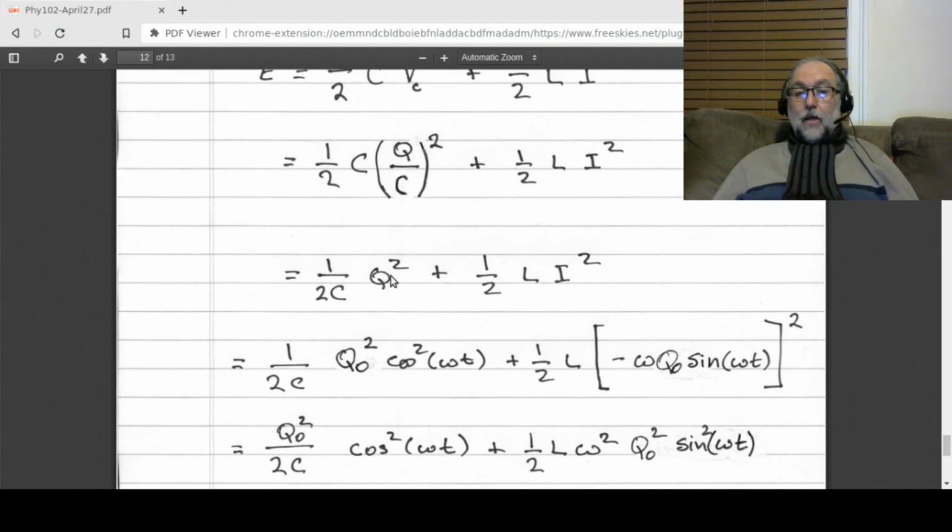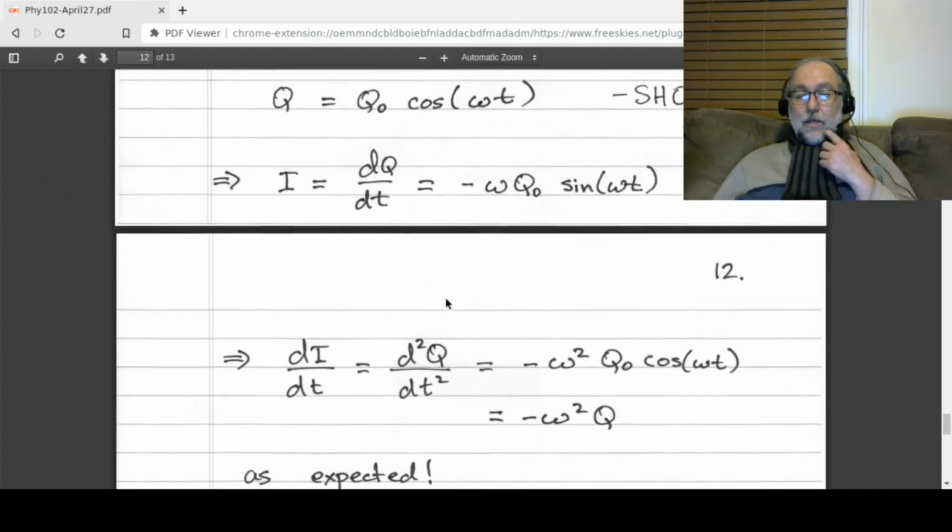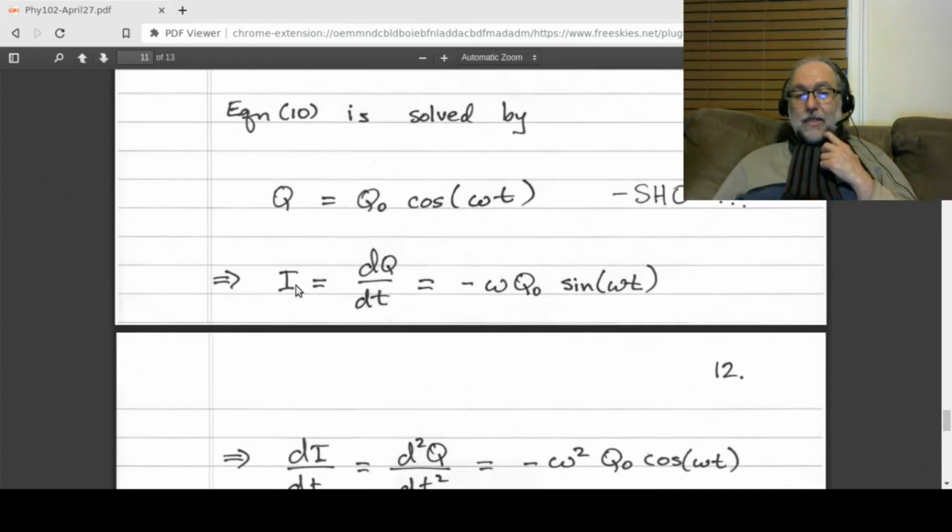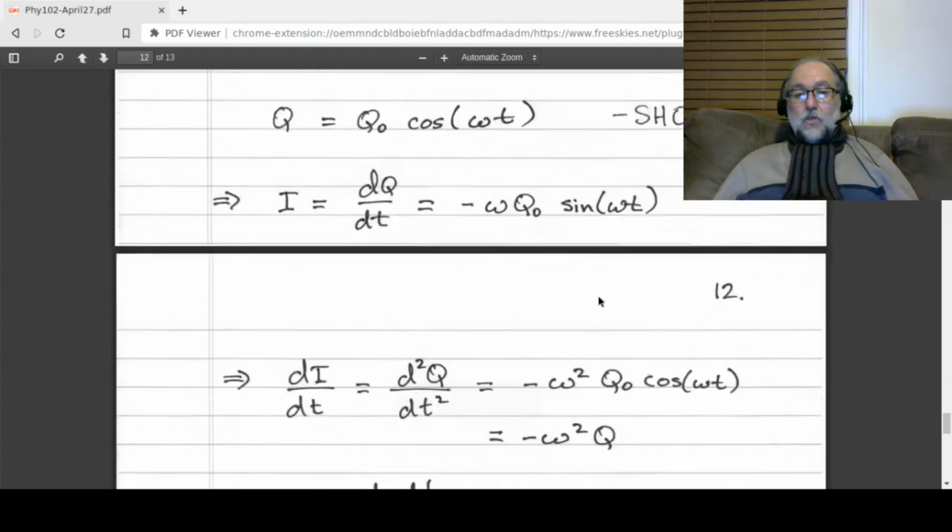So if we plug in for Q naught cosine omega t, we're going to get Q naught squared cosine squared omega t. And for I, we also have a formula, and that is this one right here, because I is the first derivative of Q with respect to time. It's minus omega Q naught sine omega t. So down here,